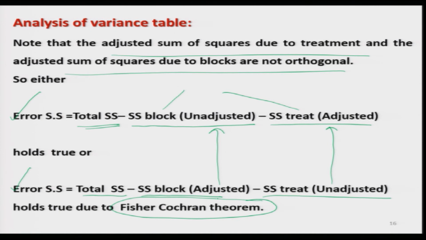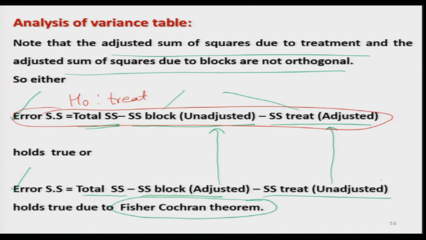right. And anyway, you need to use the Fisher-Cochran theorem so that you can partition the total sum of squares into the sum of squares due to different factors which are affecting the outcome. So, which are here blocks, treatments and random errors. So, that is how you have these two setups. Now, it is very clear that in case you are interested in testing the null hypothesis about the treatment effects, then you have to use this result,